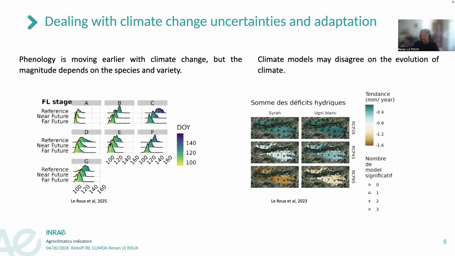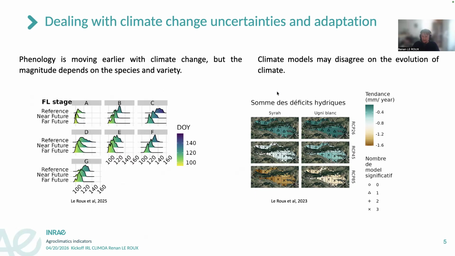And if you look at the water balance and the evolution of water balance in the future, you've got less problematic water balance deficit for Ugni Blanc in the future compared to Syrah, especially for the RCP 8.5. And another important topic showing in this plot is the agreement,